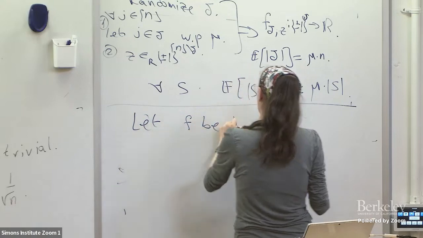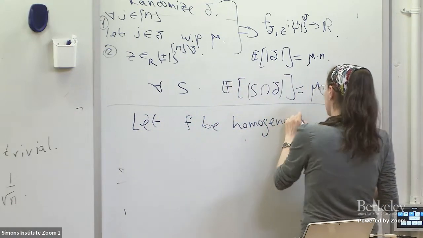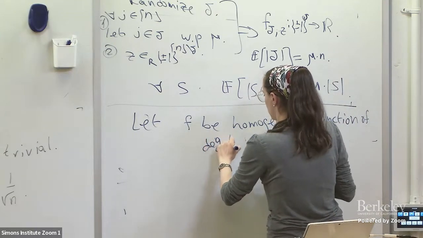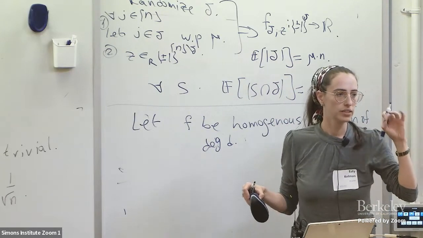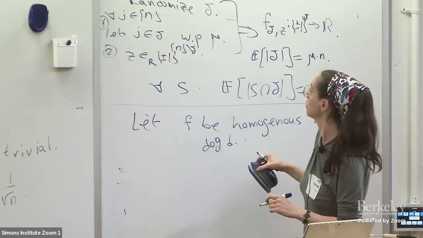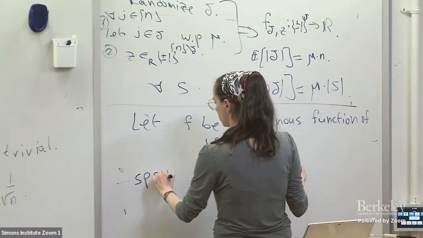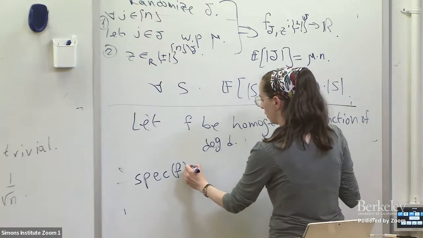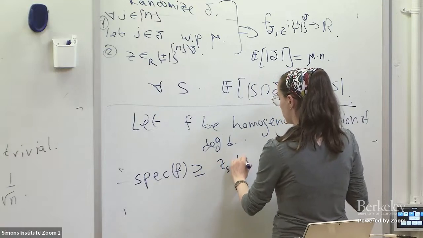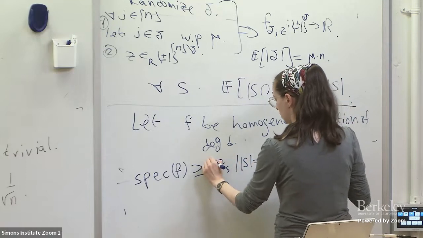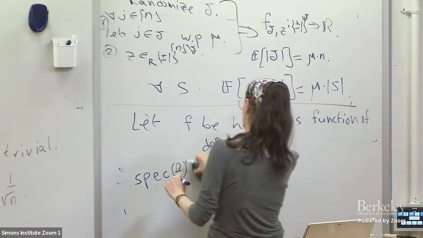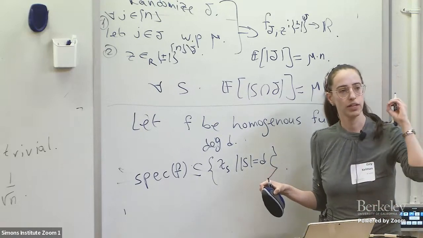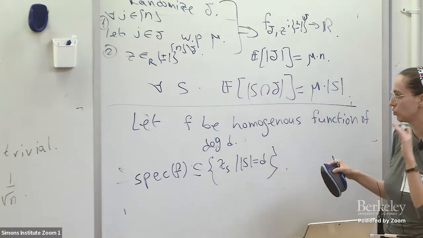Let f be homogeneous, a function of degree D. A homogeneous function of degree D is a function that has non-zero Fourier coefficients only on characters of size D. Another way to say it is that the spectrum of f, think about epsilon equals 0 here, contains only S with size of S equal to D. So if we think about such a function and we want to push all the level D weight to very low degrees,